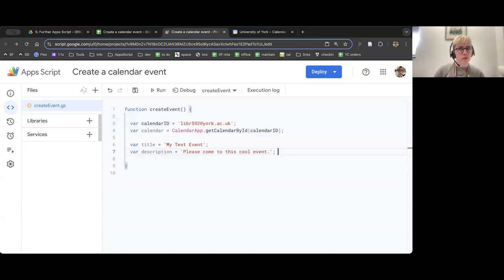What else might I want? What about a location? So I'm going to hit enter, var space location, space equals sign, and then in quotes, I'm going to give it a location. It could be a place, it might be a meeting room. I'm going to write the big room because that's where it's going to be, the big one. Everyone will know where that is. And then I'm going to go to the end of the line and put a semicolon.